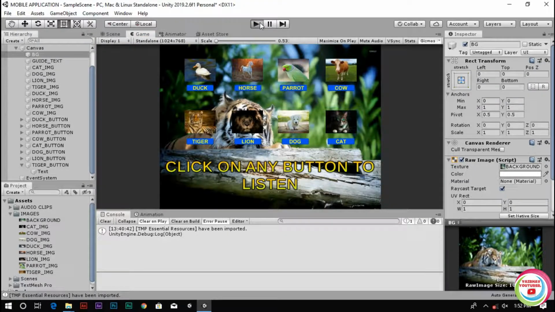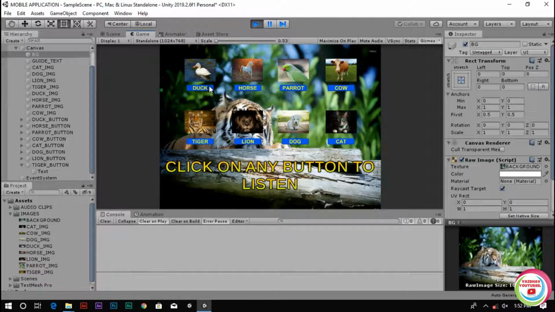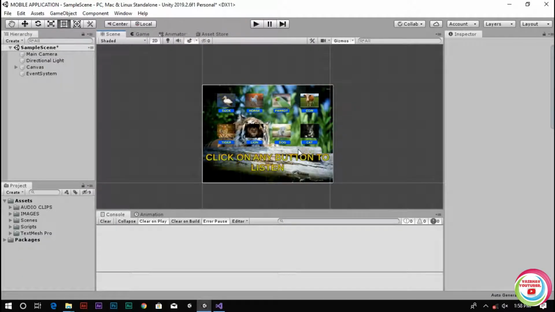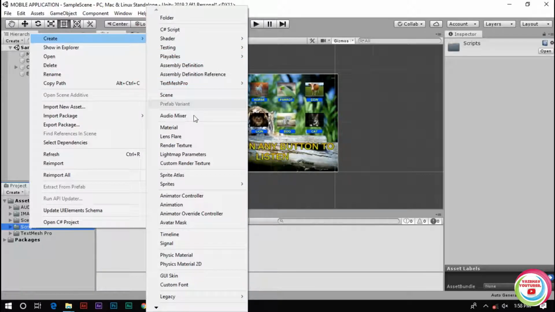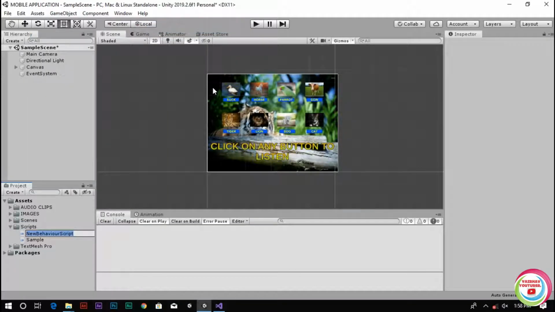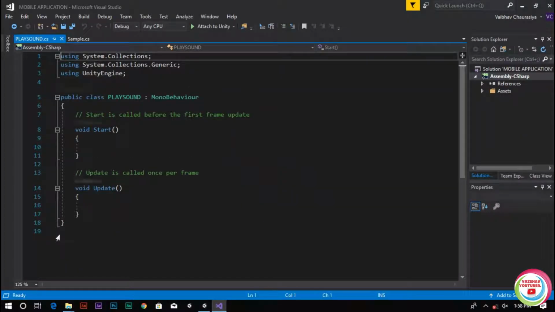And now when we hit play, there's nothing happening. So we will add code. Inside our scripts we will create a C# script and name it play sound. Now double click to open it in Visual Studio. Then delete our start and update methods